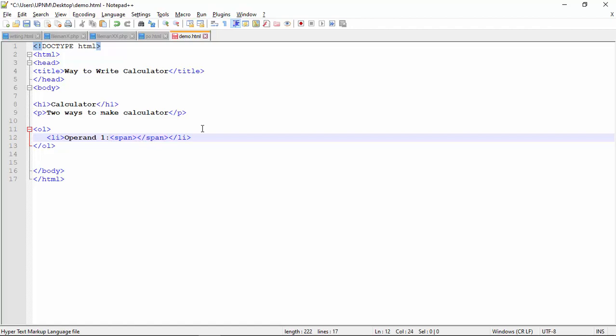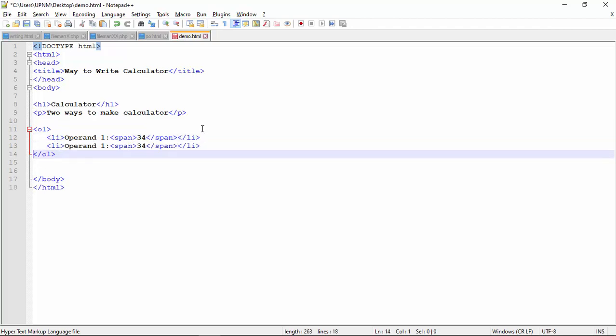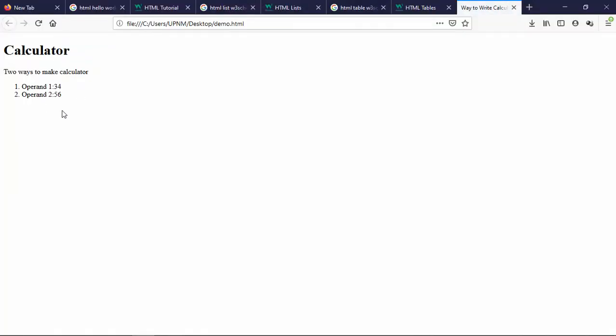So let's say I put the value or content of 34 there, and then operand 2, let's say 56, then let us save and refresh. So we get the list. The value is 34 and 56.